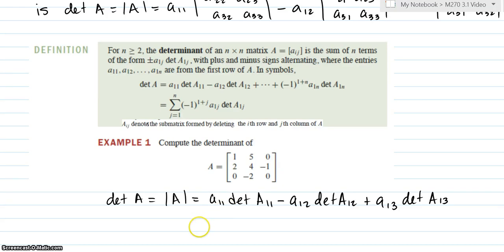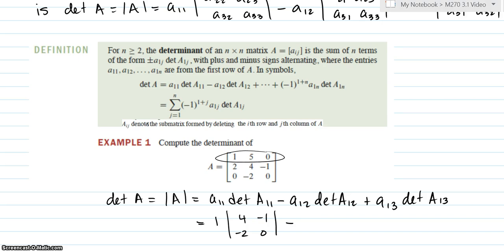And again, here's A11, is 1, and the determinant, I'll just do this notation of A11, is I'm going to cross the first row and first column out, so I'll end up with 4, -1, -2, and 0. I'm going to put a minus sign, and then